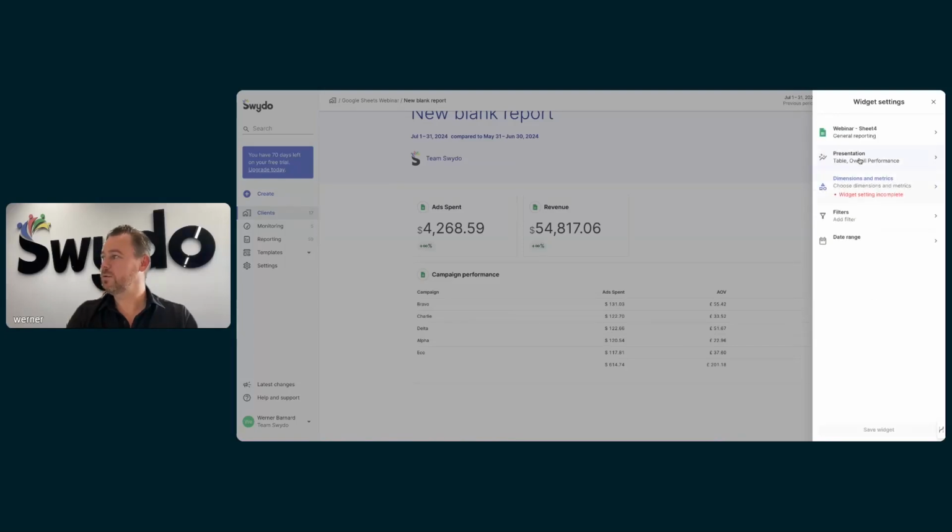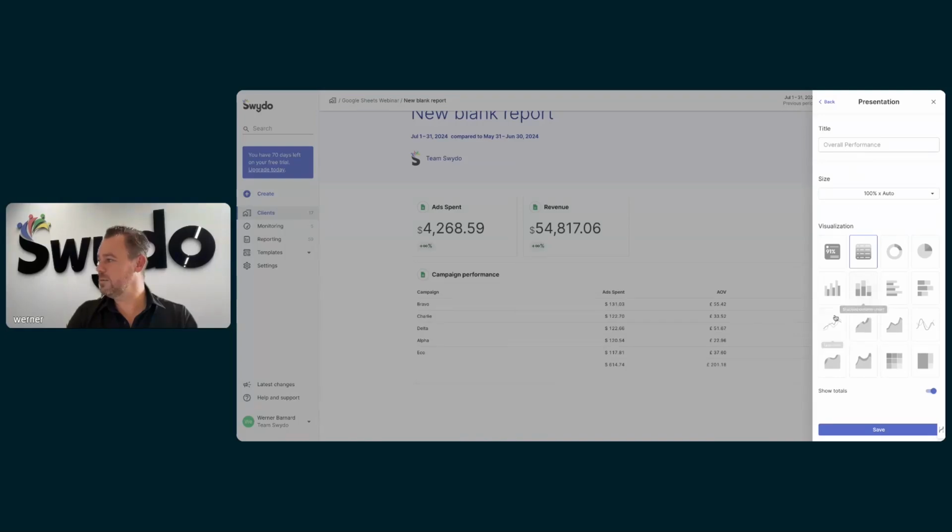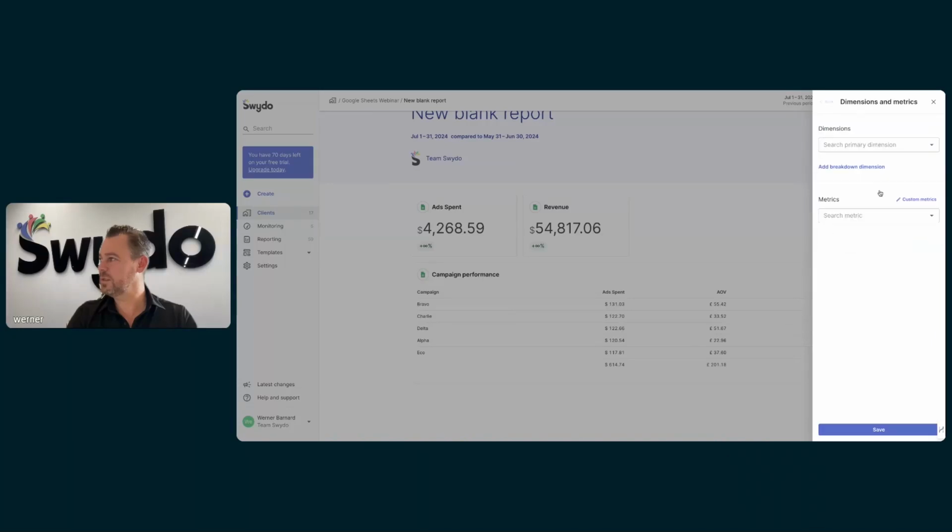We'll select general reporting. And then let's say we want to put in the spiral chart. Then dimensions and metrics. I want to have my dimension as month. And then obviously there's only one metric for me to select, and that is the total sales. If I save that,